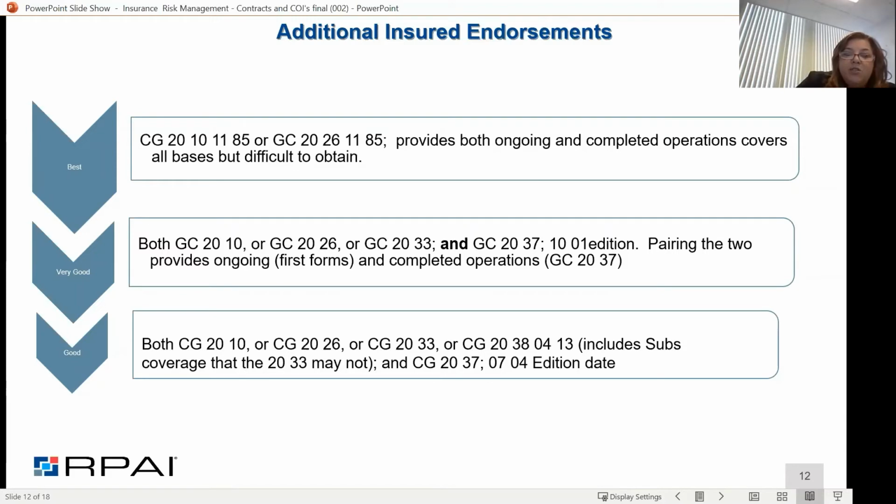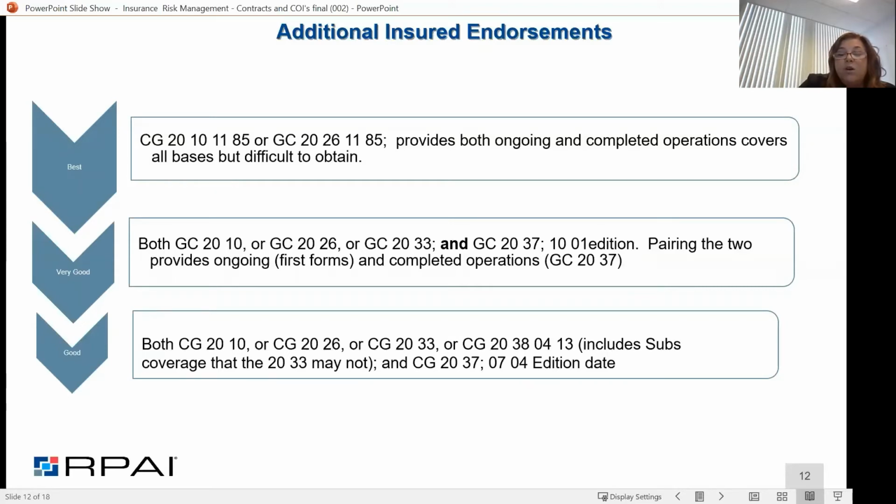When you look at an additional insured form and you're looking at standard ISO forms, they're coded in a specific way. If you look at the forms that I'm referring to on this page, they start off with a CG, so you know that that's a commercial general liability form, versus an auto form. The 20 10 refers to the form itself. And then the last 4 digits, 11 85, refers to the edition of the form itself. So this one is the CG 20 10 November of '85 version.